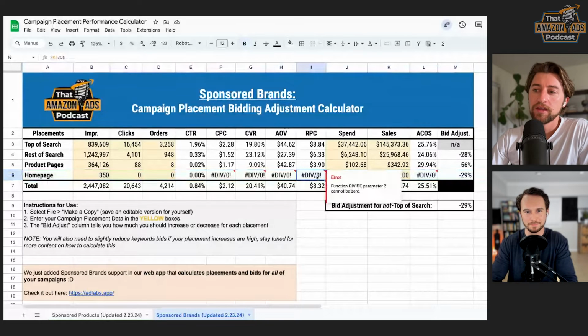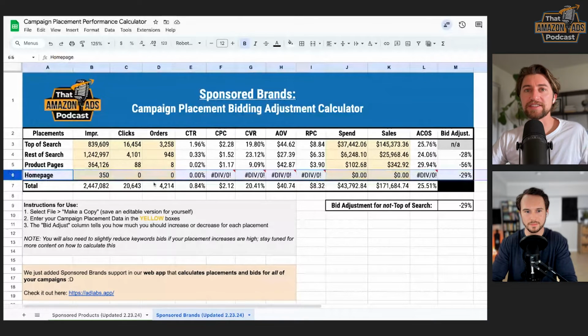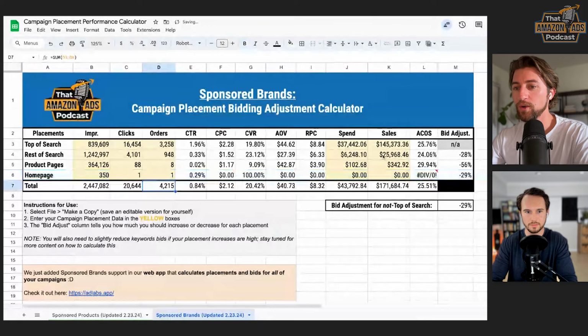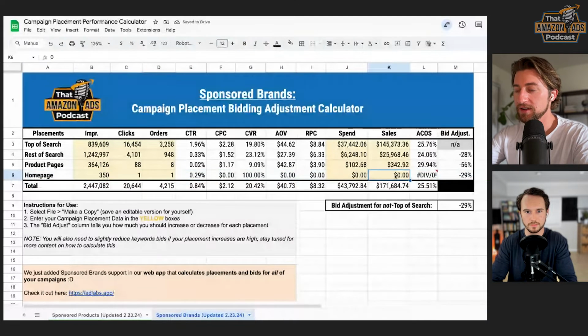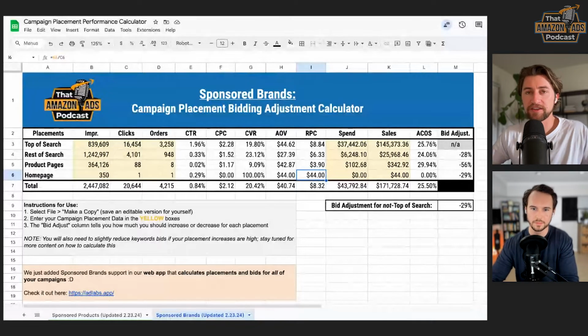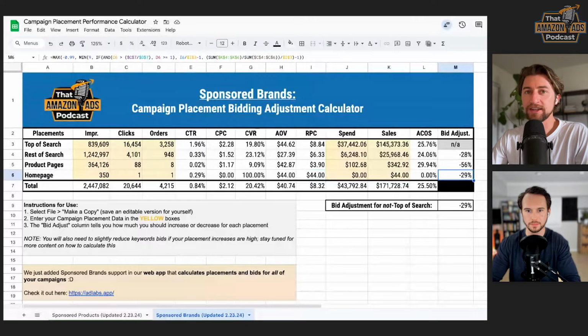Point being, the revenue per click here is divided by 0, right? We're getting an error. So this is a good example of a low data confidence environment in which we can't really do this. Or actually, let's just pretend I had like 1 click and 1 order on here with, what was my average AOV? 40, let's say 44, right? Yeah, 44. This would look really bad. This looks like my revenue per click now is $44 per click, which is insanely high and going to be not good for business because it's a low data calculation. And look at what the bid adjustment did. It stayed. It did not increase.